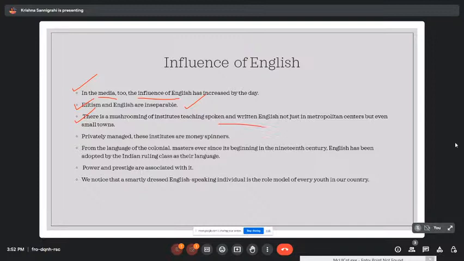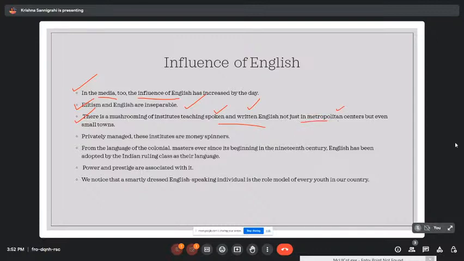If you just walk out of your home, you will see there are different hoardings wherein it's stated that you will be able to speak English, write English if you join some spoken English course run by any particular institute, because there is a lot of demand of this language, because it has become the official language wherein we need it for any kind of business, we need it for any kind of establishment if we want to continue. So this is the kind of future which English holds.